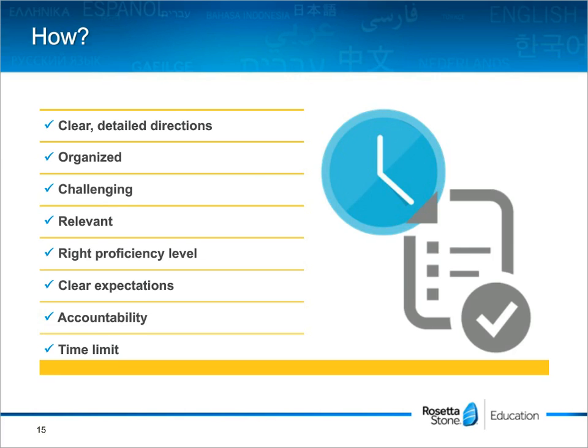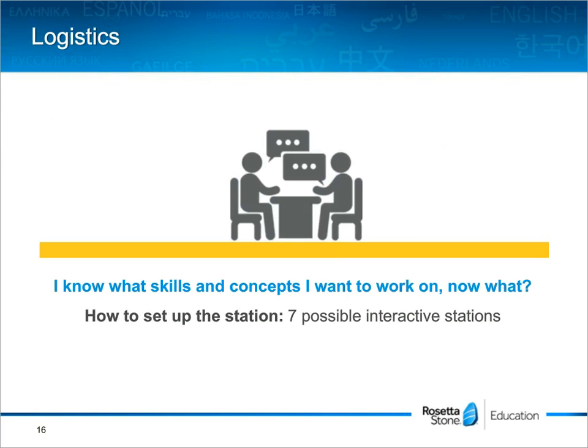So what are the logistics? Now, you know what you want to do, you know what the skills are, and it's really difficult because teachers face so many different challenges. You might not have your own classroom. You may have to use a cart going from room to room. Your classroom may be too small. It may be too big. You have a limited amount of technology, or you may not have any technology at all. Where can you find activities? Your time is limited. You have too much to grade. There's just so many different things that get in the way.